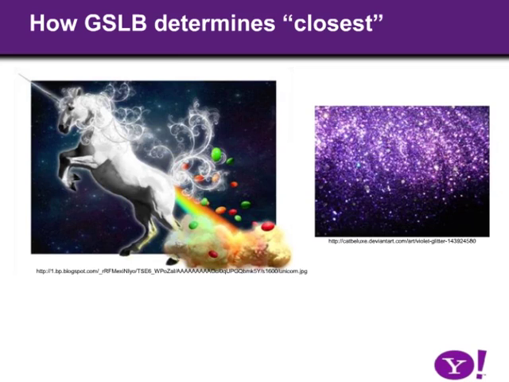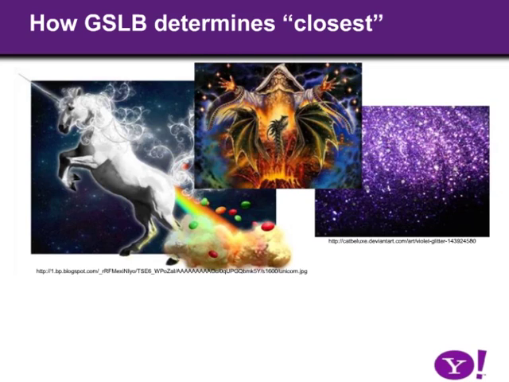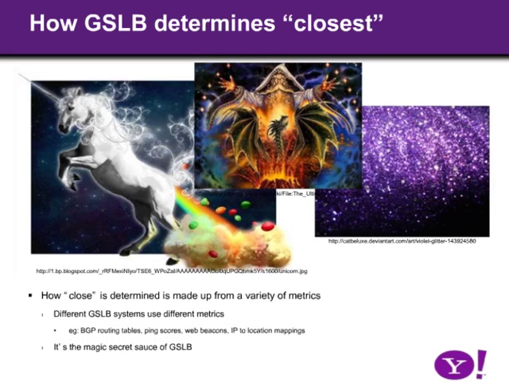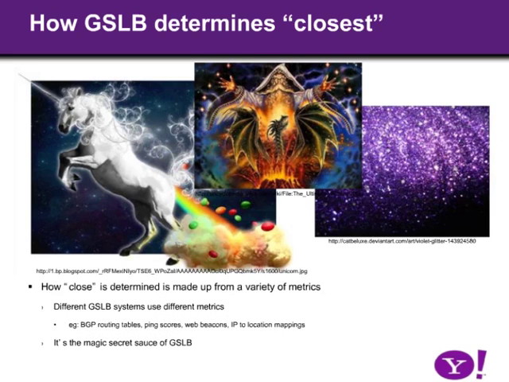All of the different GSLB systems use their own sets of metrics. Some of them are services. Some of them are pieces of hardware that you can deploy in your data centers. Some things are just what someone decides to cobble together. How it's done depends. Some of them use BGP routing tables to try to make a map